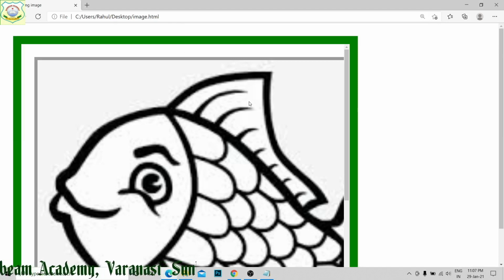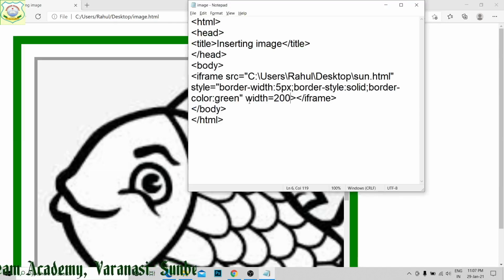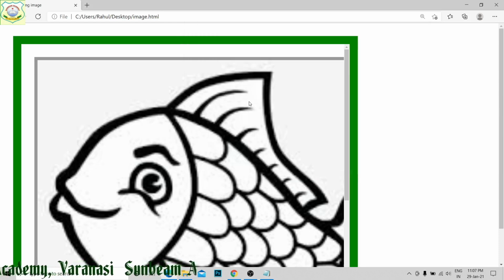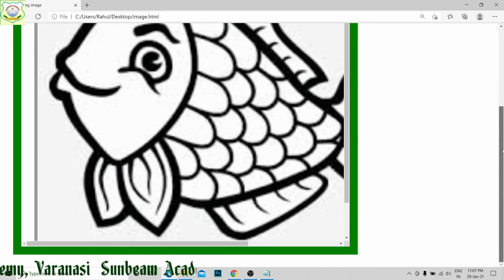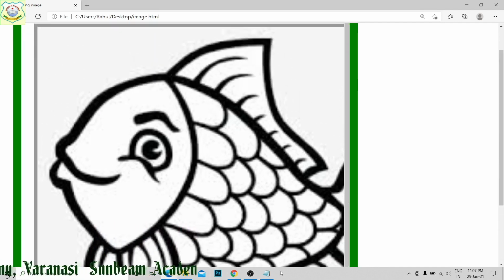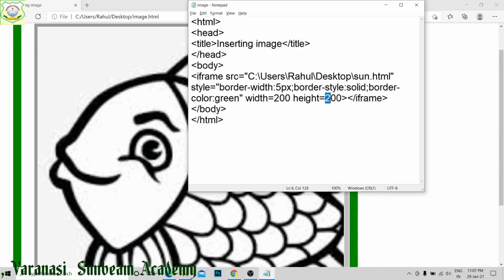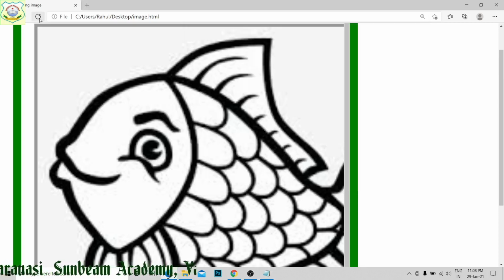Height also I am going to decrease. So for this I am going to write height equal to again 200. Save it and run it. It has decreased, right. If you want to decrease more, then I am going to write 100. Save it and run it.